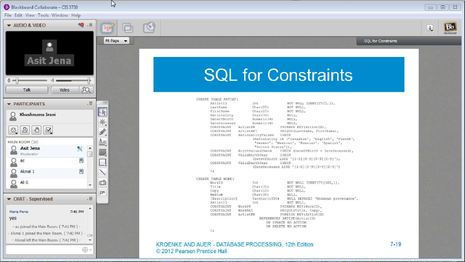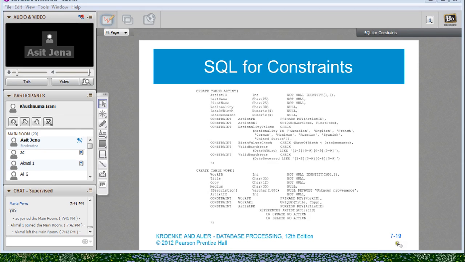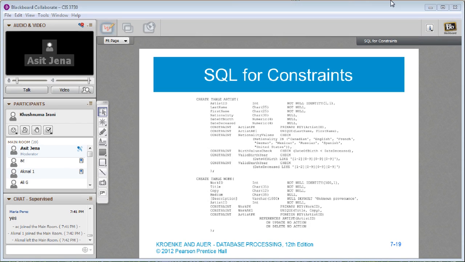So the date of birth will start with 1 or 2, so it is either 19 or 20.